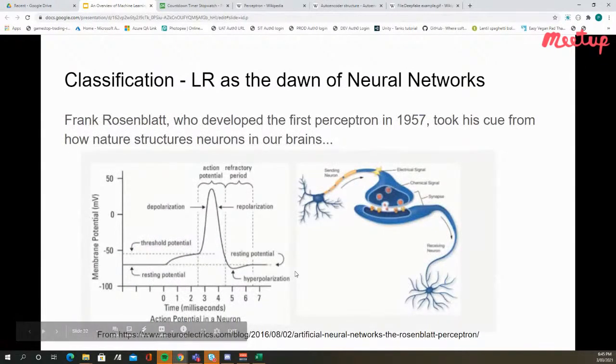Now, this is sort of the dawn of neural networks, and I'll explain why. Frank Rosenblatt, who developed the first perceptron, took his cue from how nature structures neurons in the brain, and this is where the term got given, really. So you have a neuron, or one or more neurons, with their own connections. They send an electrical signal and a chemical signal to what's called a synapse, and a synapse is like a gate, but it